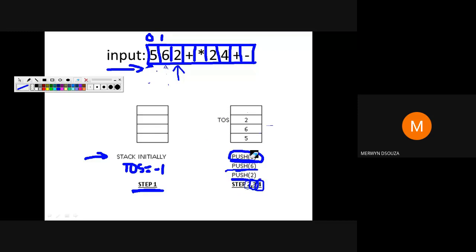Basically what I am doing here is I have done 3 steps in one diagram. So basically I have done steps 2, 3 and 4 in one diagram. If you do it separately, then in step 2 you would have done it like this. Only 2 would have been there on the, sorry.